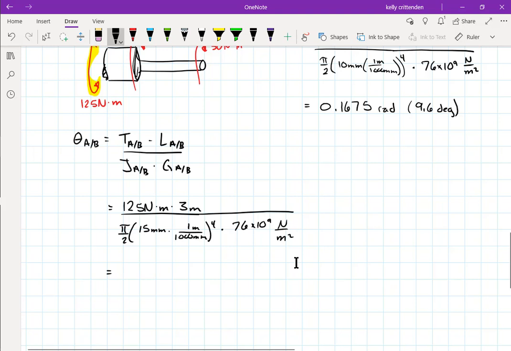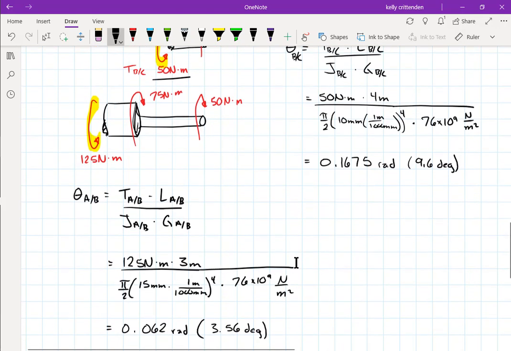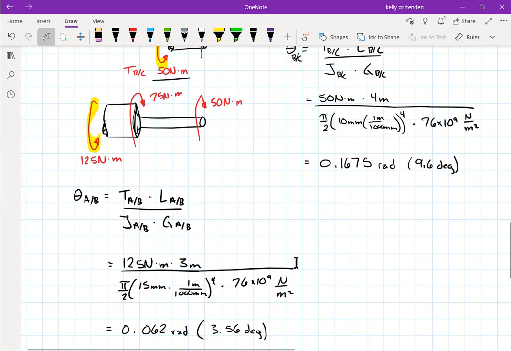All right, so I get 0.062 radians, or times 180 over pi, 3.56 degrees. And I'm okay with that number. It is a much higher torque, 125 compared to 50 in the other section, but it's a shorter piece and it's got a much larger diameter, or a good bit larger diameter. So I'm okay with a slightly smaller